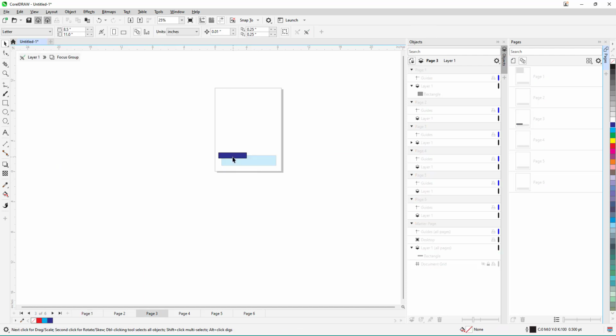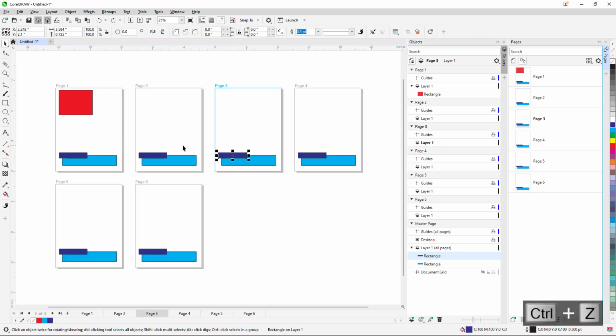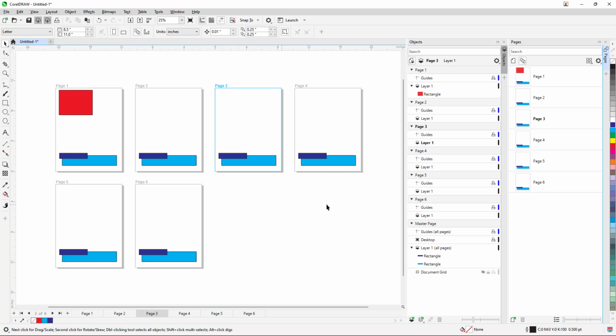The same goes over here. So I can just move this, just like this. And that is what you have. Let me press Ctrl Z, just like this. And then if I were to move this, you can see that it moves in all of the pages as long as it is in the master layer. So that is how you can work with the master page